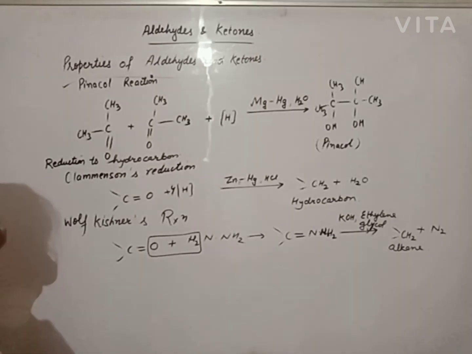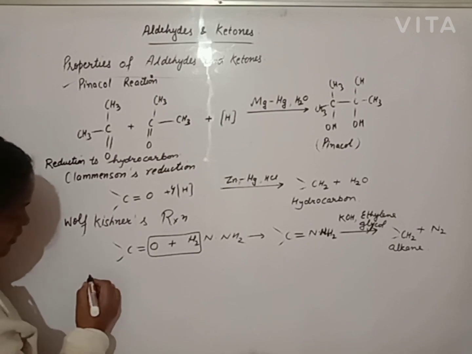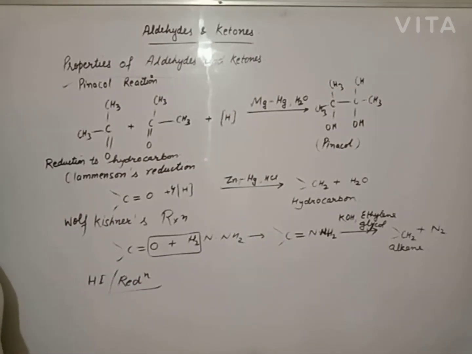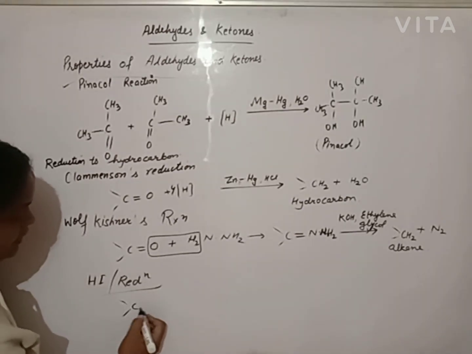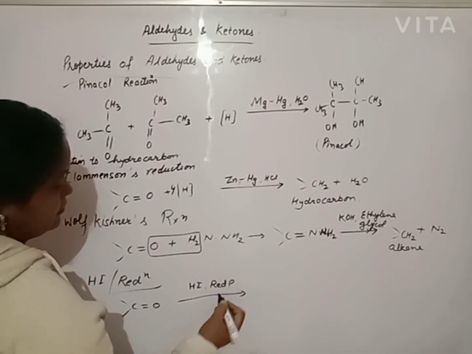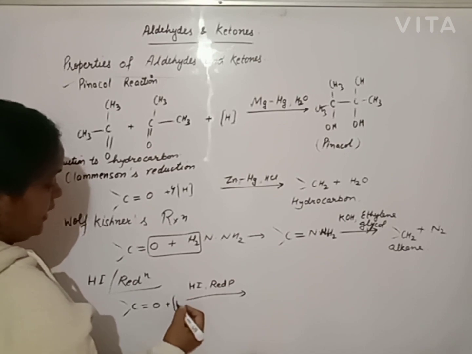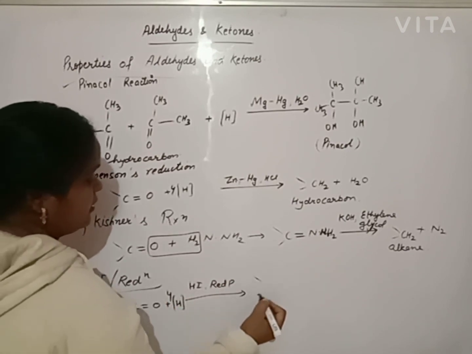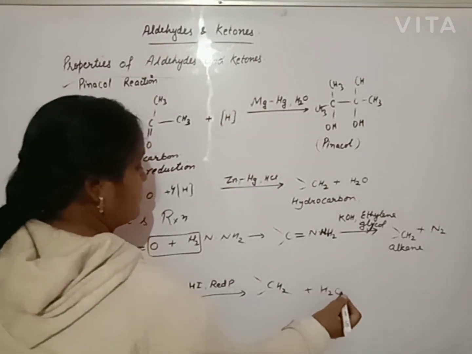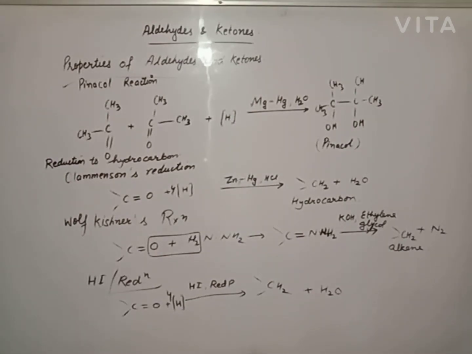And the last one under the heading of reduction is reduction with HI and red phosphorus. Any compound in organic chemistry, if you want to convert it into hydrocarbon, saturated hydrocarbon or aromatic hydrocarbon, you will use this straightforward: either aldehyde or ketone reacts with HI and red phosphorus. Beta, it will give hydrogen as much as you require. You require 4: 2 to complete the valency and 2 for this oxygen. This is all about the reduction.